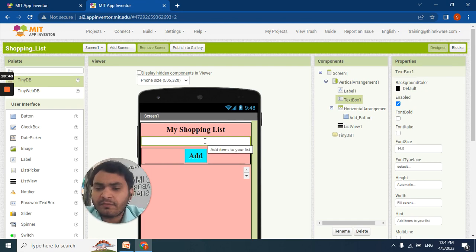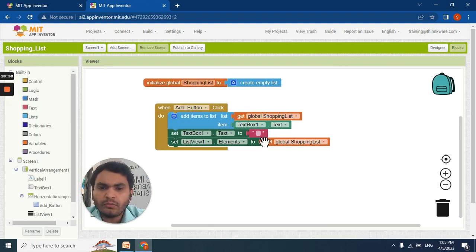The products whatever we want to purchase, either online or offline, we need to add in the text box, and all the added list will appear in the list view component. So we need to add one block for text box 1 and one block for list view 1.